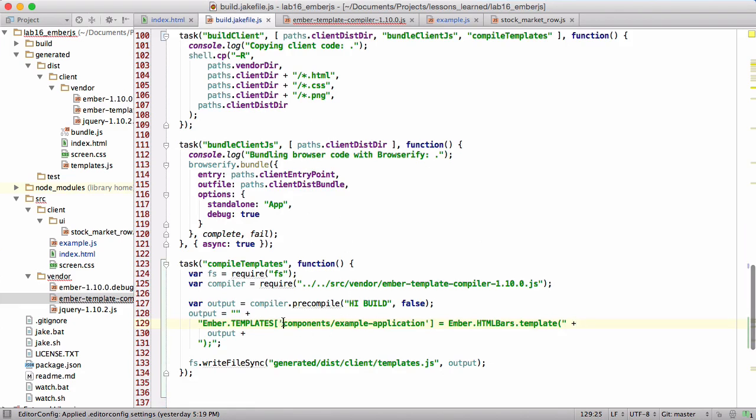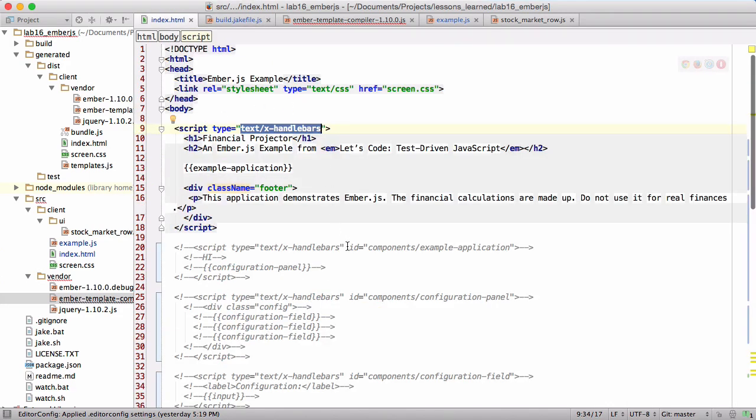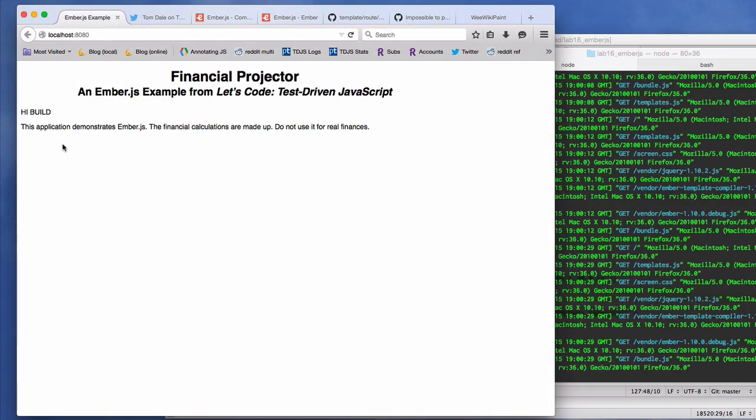But now that I have it working, if we put component/example-application in there, exactly as we do for our ID when we describe a template, then it works. It works perfectly. So that's good. Now,